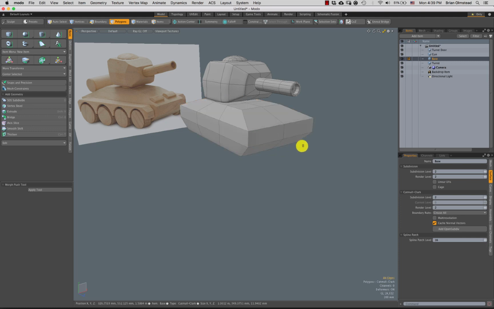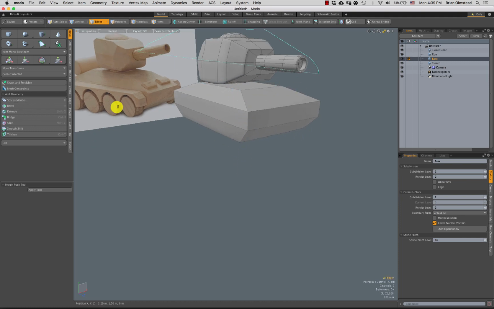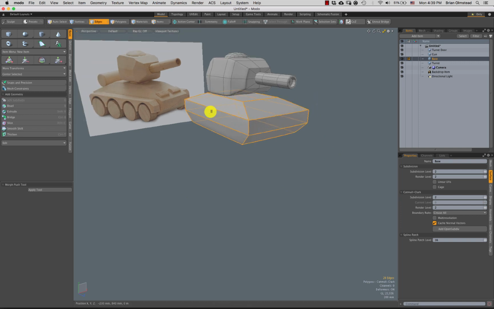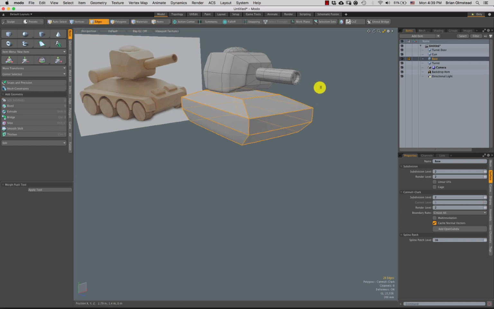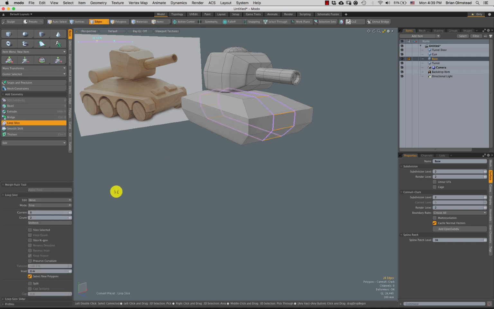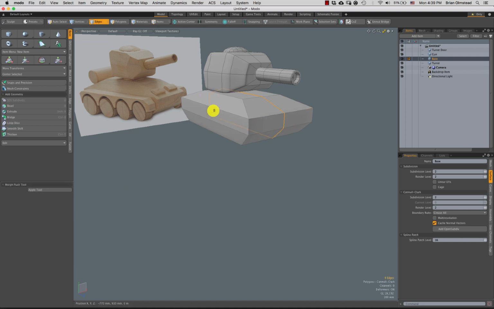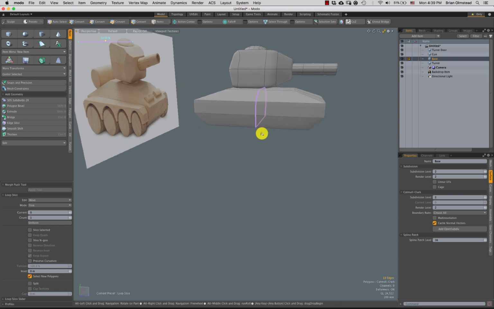So I'm going to take a few steps back, show you guys a quick trick. Ideally, these are all the edges that I'm going to be making hard or soft. So let's grab those, right click, do add to selection set, name this, oh, what do I call this, the base edges, hit OK. Now when I actually go through and I do this cut and the one going through the side,